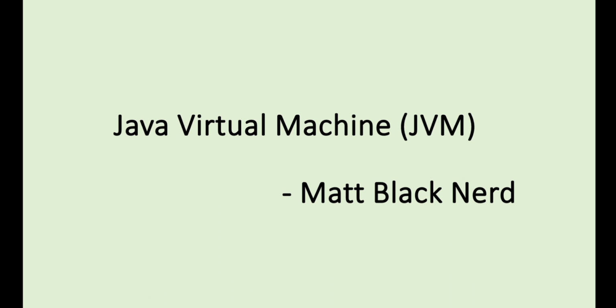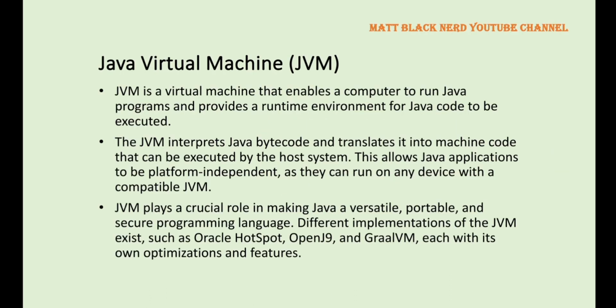In this video, we will discuss the Java Virtual Machine, JVM. What is Java Virtual Machine? JVM is a virtual machine that enables a computer to run Java programs and provides a runtime environment for Java code to be executed. The JVM interprets Java bytecode and translates it into machine code that can be executed